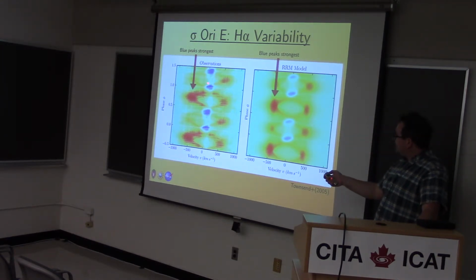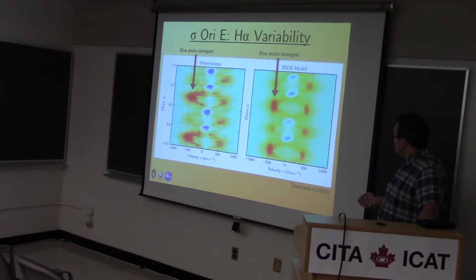As they cross line center, we actually get little absorption dips. And this is the prediction of the rigidly rotating magnetosphere model. And it's actually a pretty good match. We see a sort of a double S-wave pattern. We see these absorption troughs as the material passes in front of the star. And what's most encouraging is that we see that the peaks on the blue side are strongest, and they alternate in strength: strong, weak, strong, weak, strong, weak, strong, weak. So it all looks pretty good.